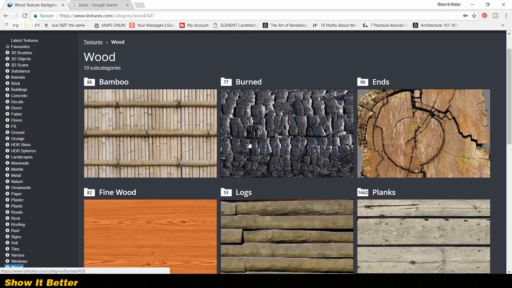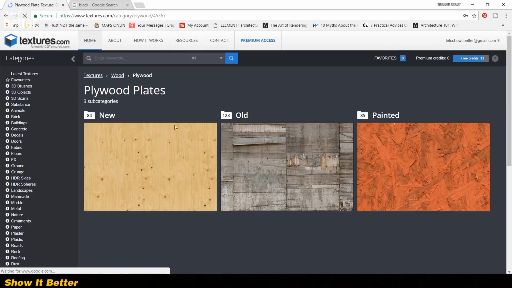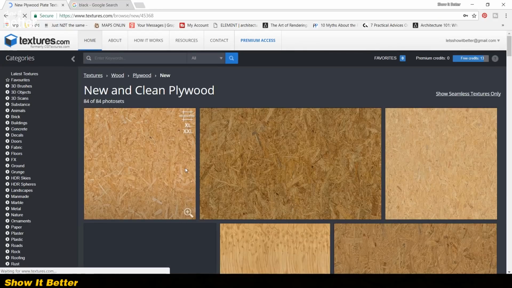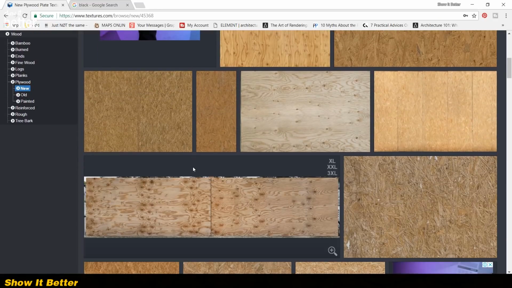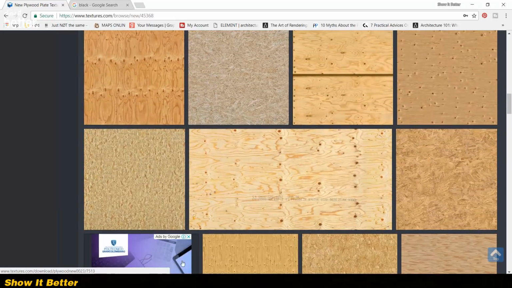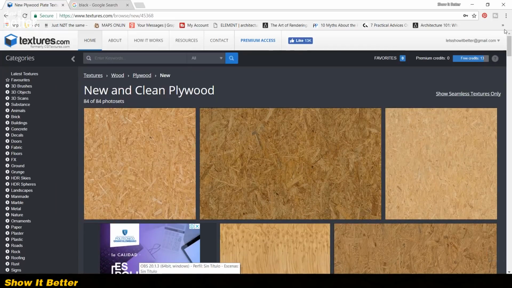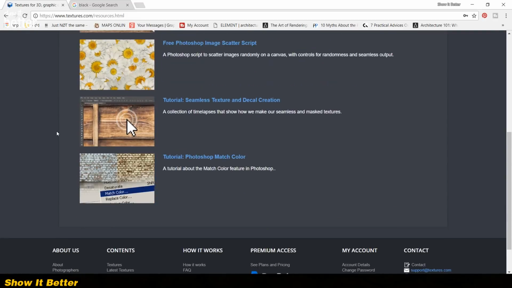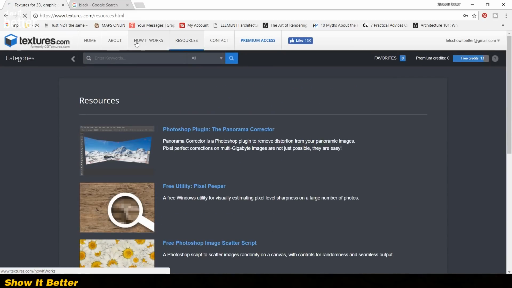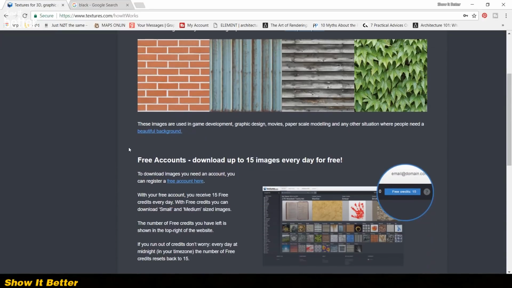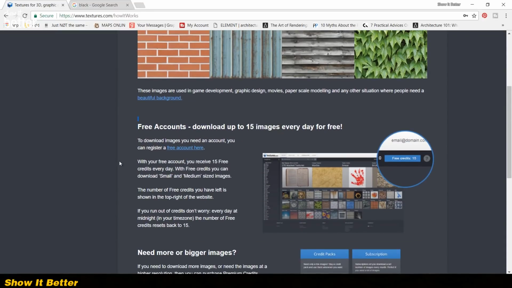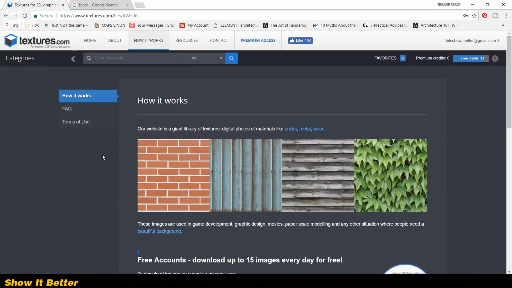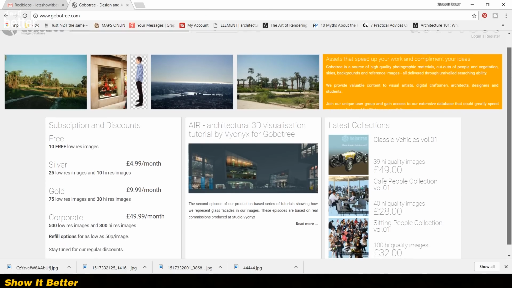This is one of the sites I most use. To download images, you have to create an account. You have a 15 credit max limit per day, all for free. But you can also pay a premium membership to have access to more images with a higher resolution. But for what I use, it works perfectly. High quality images that are really easy to find. They have a nice categorical system that allows you to find the image you need by being very specific.